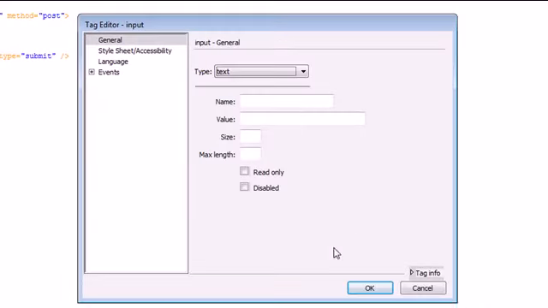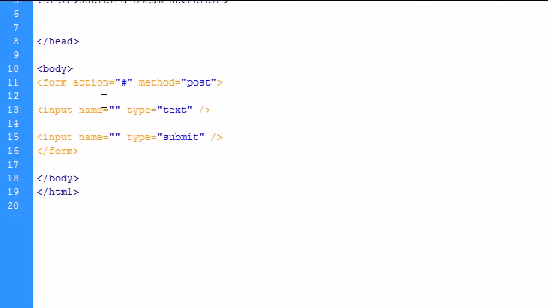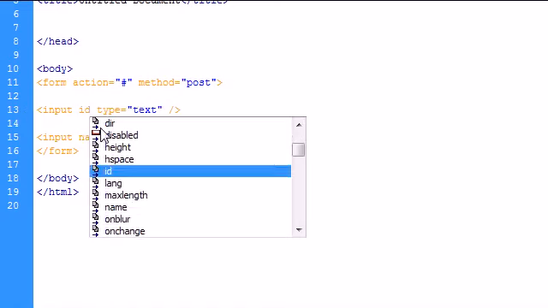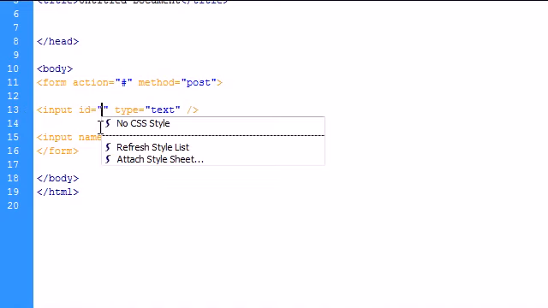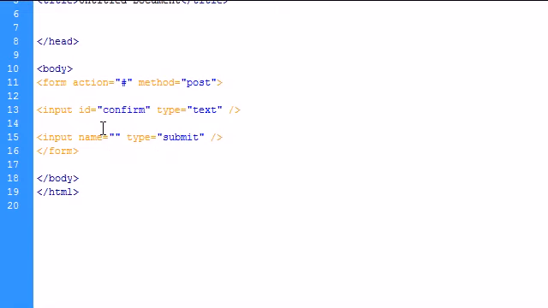We're going to create two different text boxes, and we don't need to give it a name. We do need to give it an ID. So I'm going to say ID is confirm, and